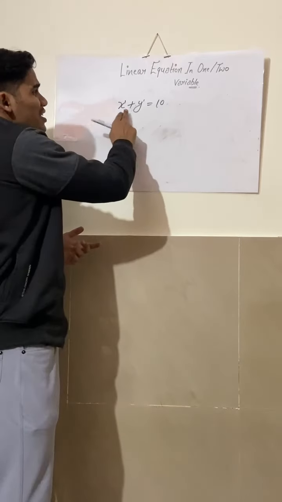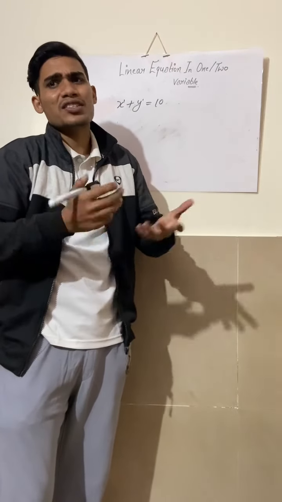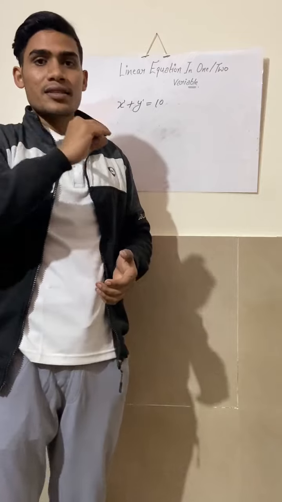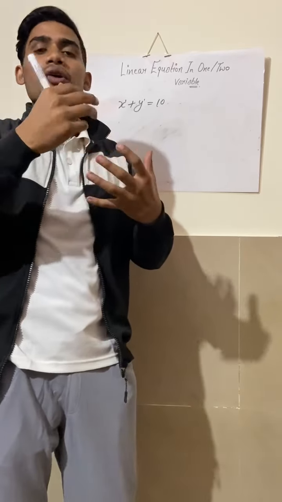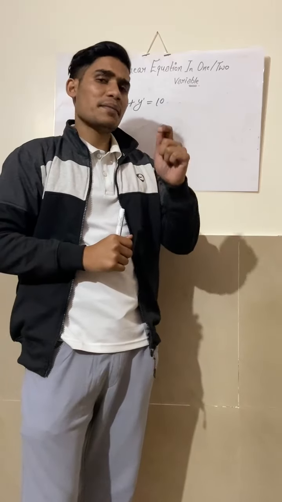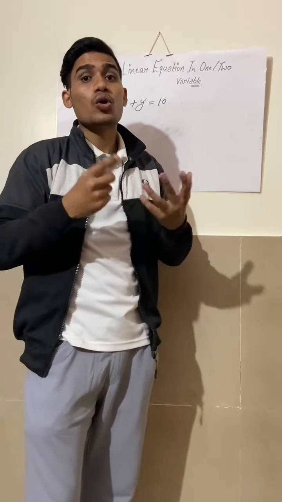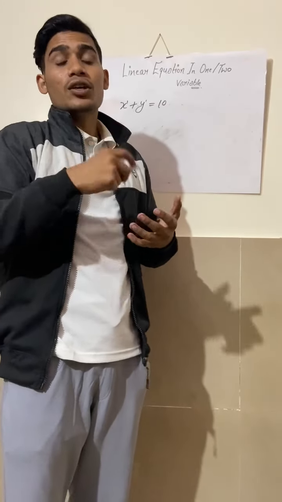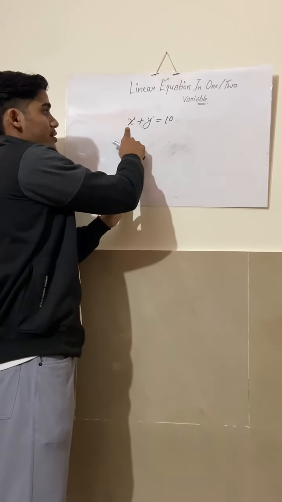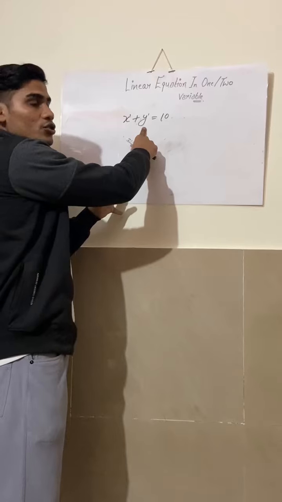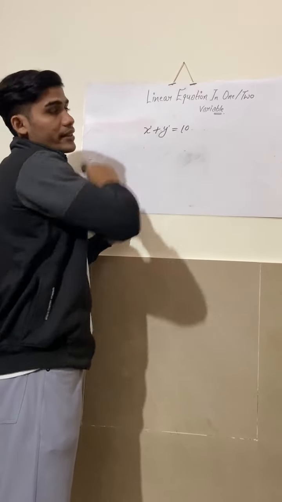Okay, what is this equation representing? Obviously it is representing a line, but how does this equation make sense? We will try to understand this equation by an example. Like if I say you went to a market and you bought a pencil and a sharpener that cost you collectively 10 rupees. You don't know the exact price of pencil and sharpener. So this is the price of pencil x and this is the price of sharpener y, whose value is not known to us, but collectively the cost is 10 rupees.